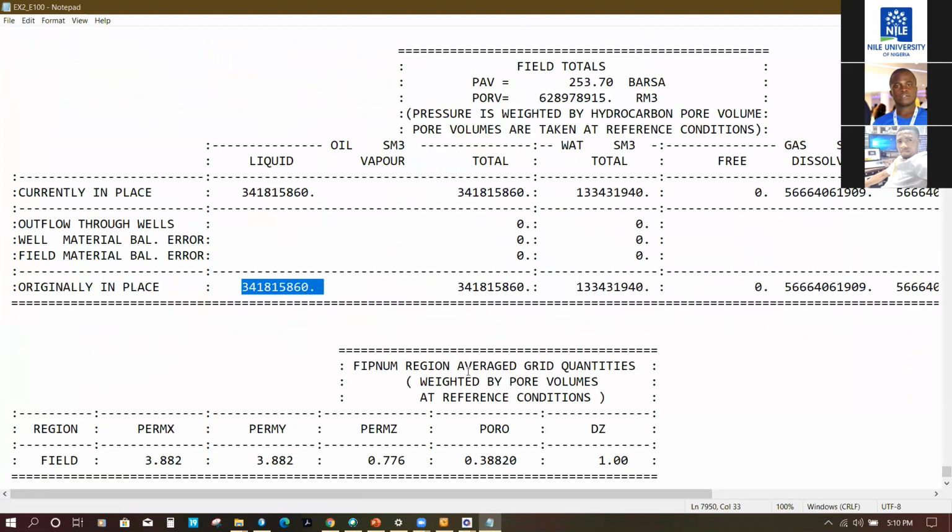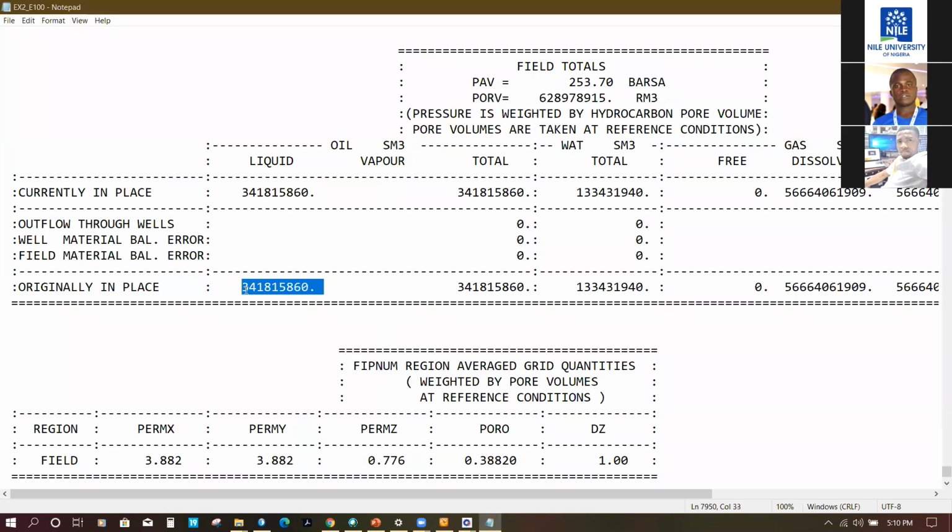So I'm going to be sharing this data set with you guys so that you will be able to perform this kind of simulation run by yourself as well. And I want you to be able to get this result. Then I am going to give you one last